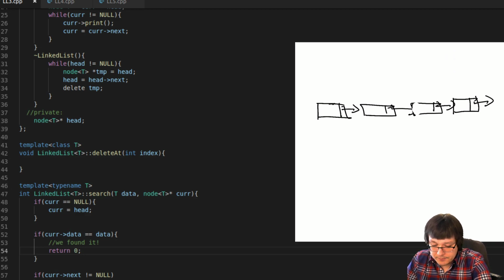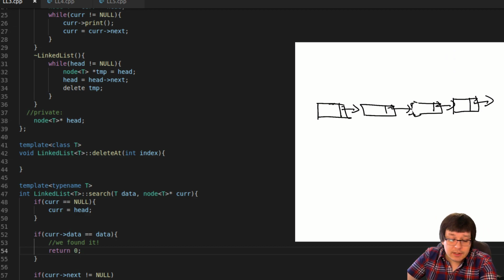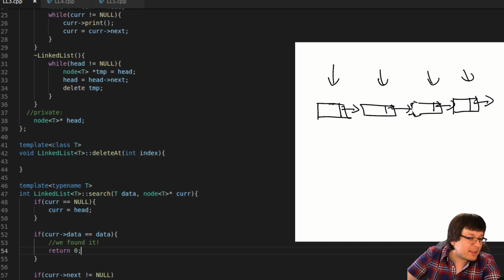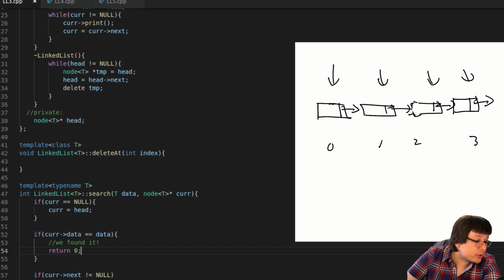We'll fix that one. Every time this function gets called, it's going to look to see if what we're looking for is what we found. So let's talk about the first case scenario, which is that it's found as the first item, right? If it's found in the first item, we consider that to be index 0, right? So we want it to return 0. So that's okay. We're good there.